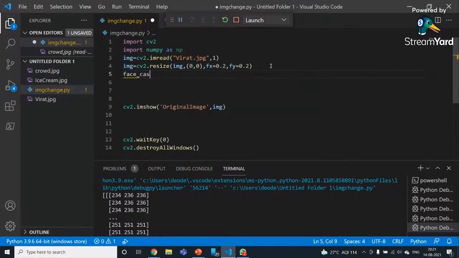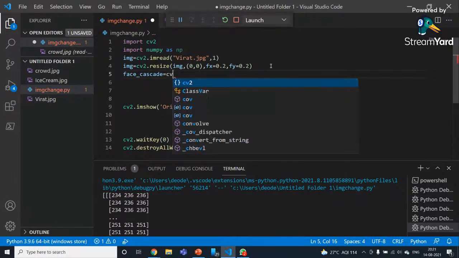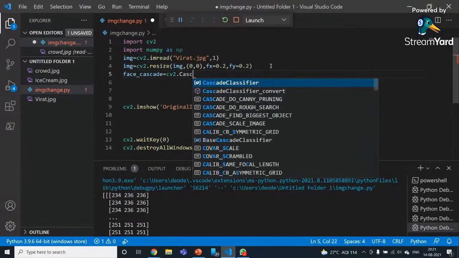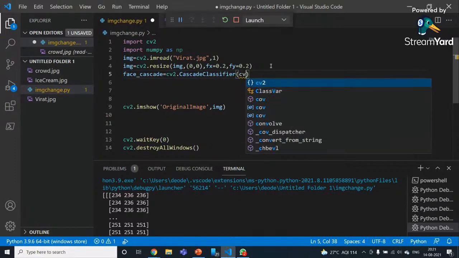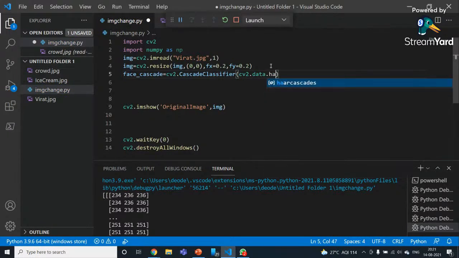So we type face cascade is equal to cv2 dot CascadeClassifier. Then you have to put the path of the XML file of which you want the cascade. So that path will be cv2 dot data dot haarcascades plus. So for this we need the face, right? So I'll type haarcascade underscore